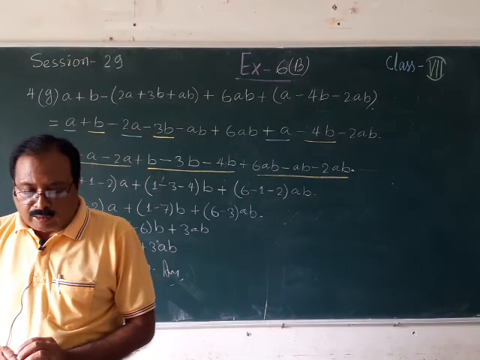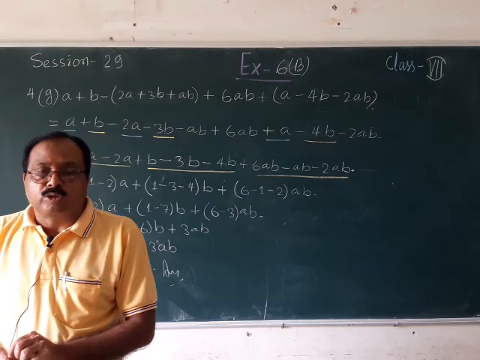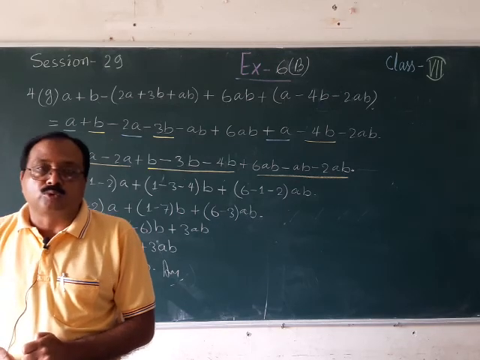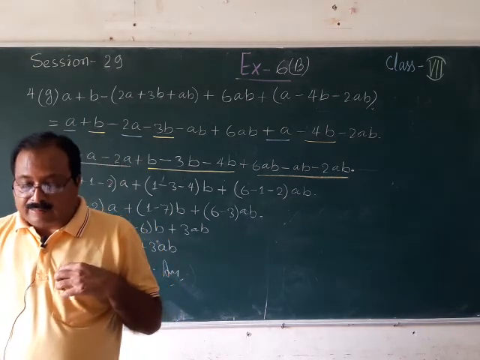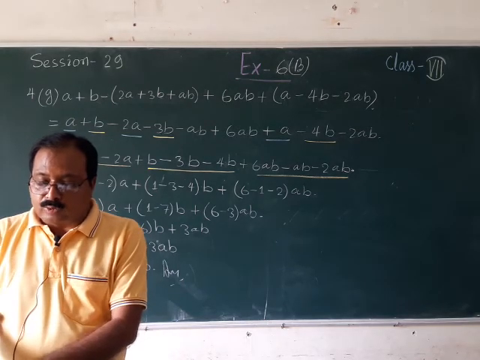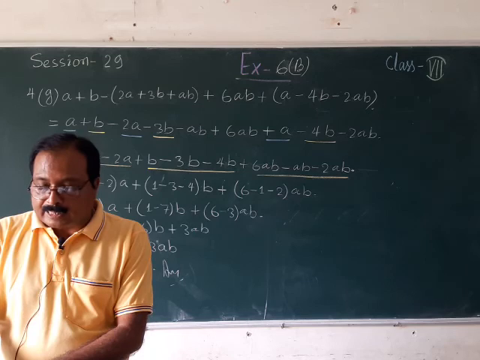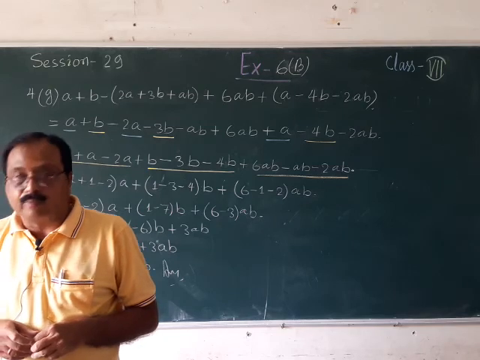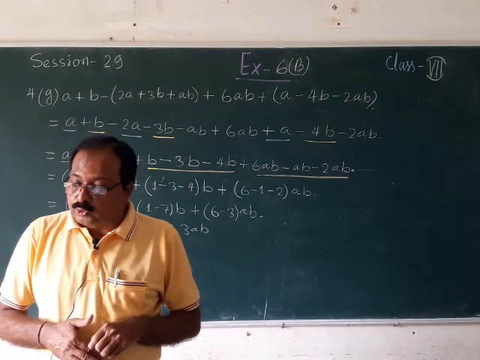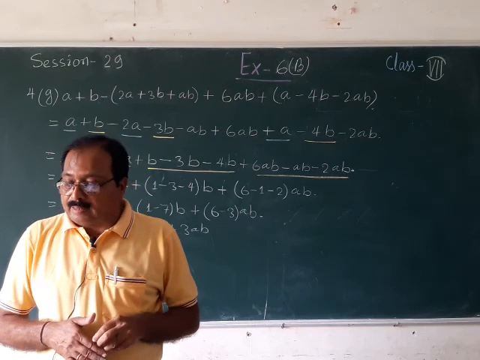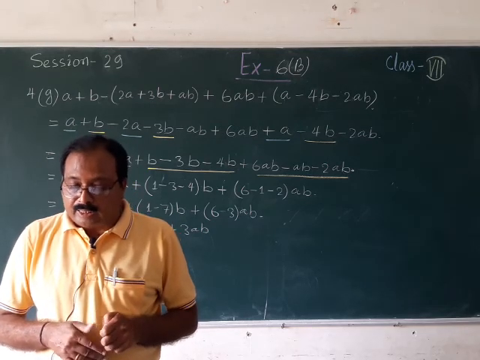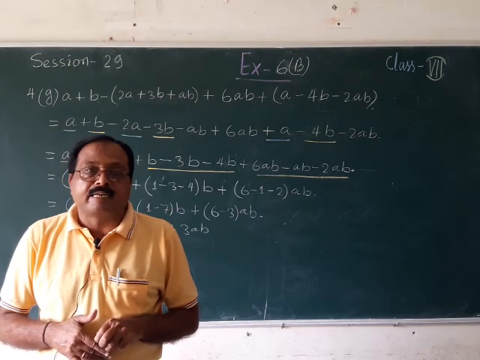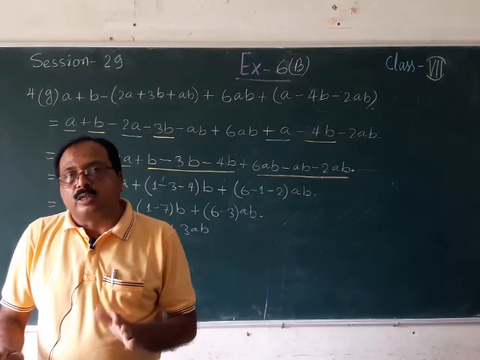So till question 4 you have to do, no need to do questions 5, 6, 7 and 8. Okay, so I am giving you homework that you do till question number 4. Questions 5, 6, 7 and 8 are omitted from your exercise. Okay, so you try to do up to question number 4 itself, and next day I am going to show you the subtraction work, that means exercise 6c. Till today you have to complete till question number 4, and 5, 6, 7, 8 are not required. No need to do that type of question.